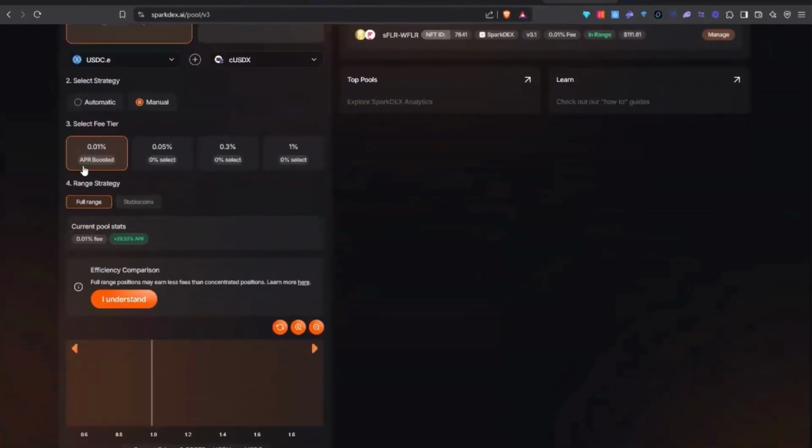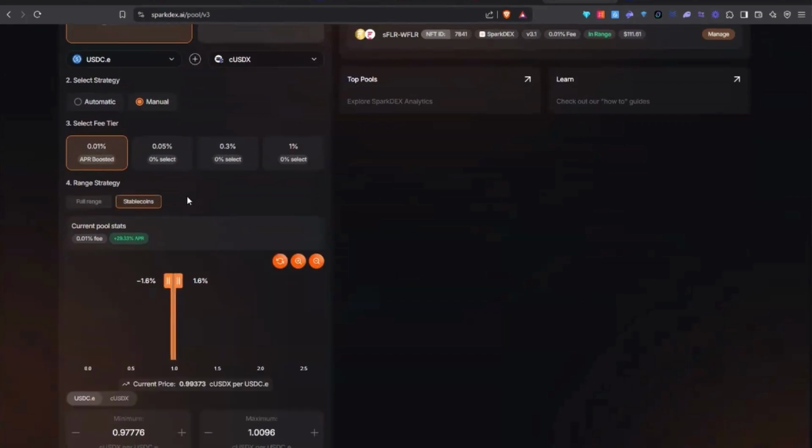USDX. We're going to go to APR boosted. You have to make sure that the fee tier is the one that is APR boosted. Otherwise, you're not eligible for rewards. We're going to choose stable coins. And then if I go just here on stable coins, as you can see, it's 50-50, and that's not how I want to enter. So this is the current price. So then I'm going to do